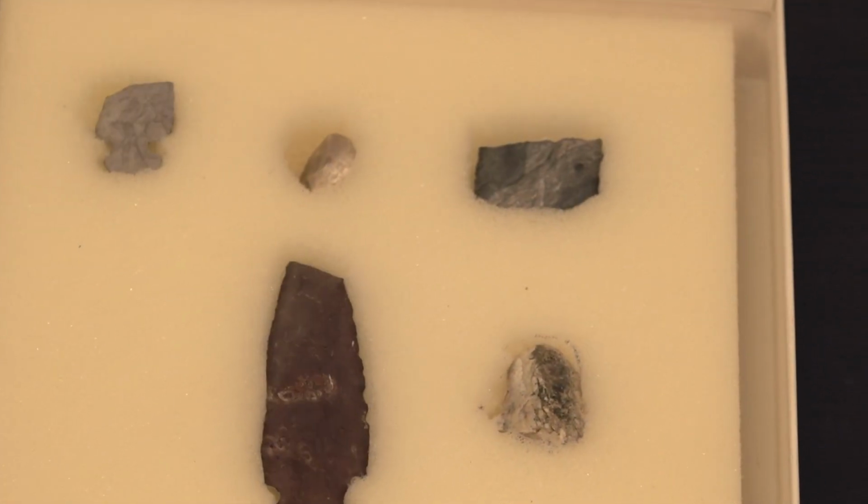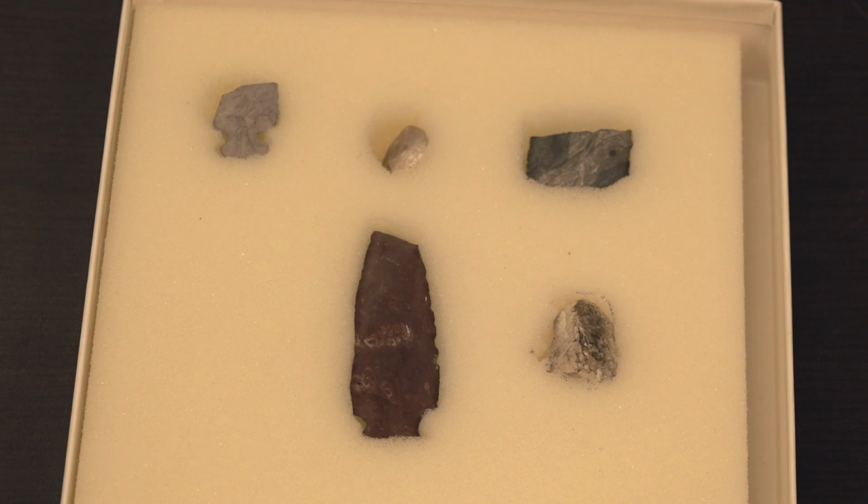But when we start getting into Northern Europe, where you have much better organic preservation in some of these bogs and in cave sites, what you see is around 400,000 years ago, Mousterian technology, which is primarily these Laval-Loire style points that the Neanderthals were making. At the same time, in Germany, they've actually found fire-hardened spears, which are sharpened spears that are hardened and tempered, basically dried out by repeated firing events in